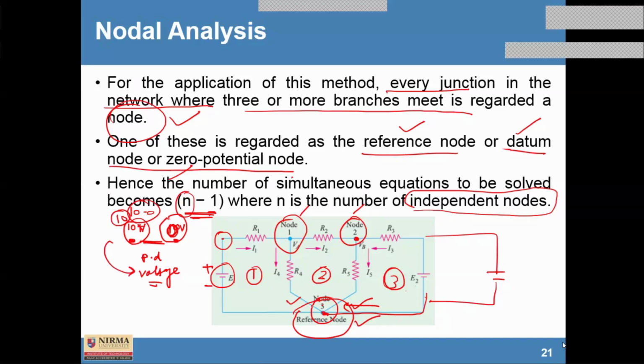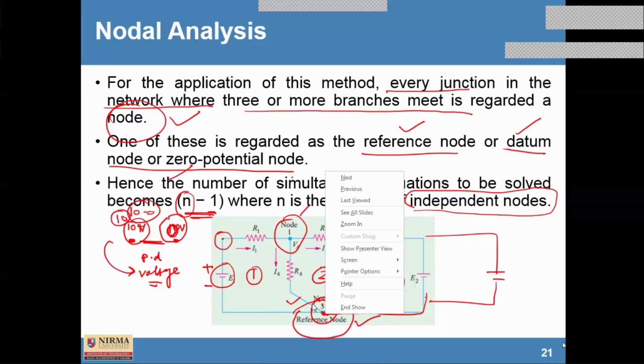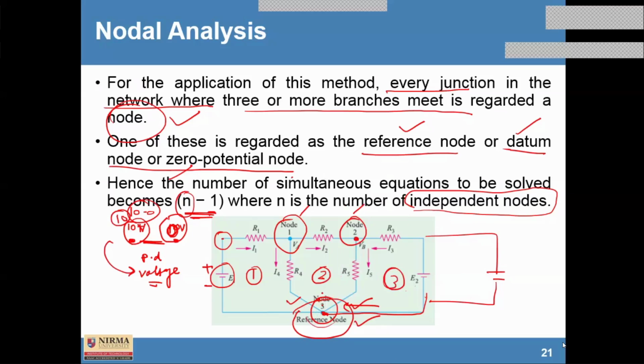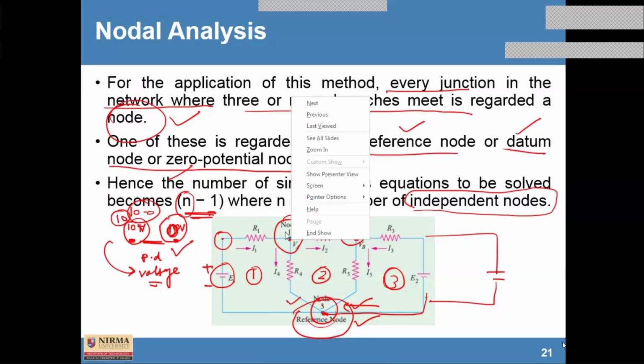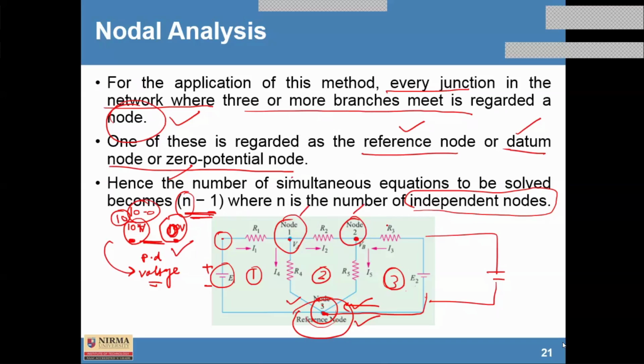So here we do not know the exact value of this node. Maybe 0. I have just taken an example here. But if you consider the different nodes, the second. Sir, you are telling the value of the node means the voltage at the node? Yes, because at the node there is a voltage we are going to calculate, and we are going to write it in equations.